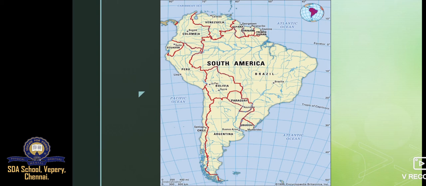This is all about the location of South America. No need to worry about the names, only the location, how it extends from north to south, from 13 degree to 55 and 35 to 81 degree west.